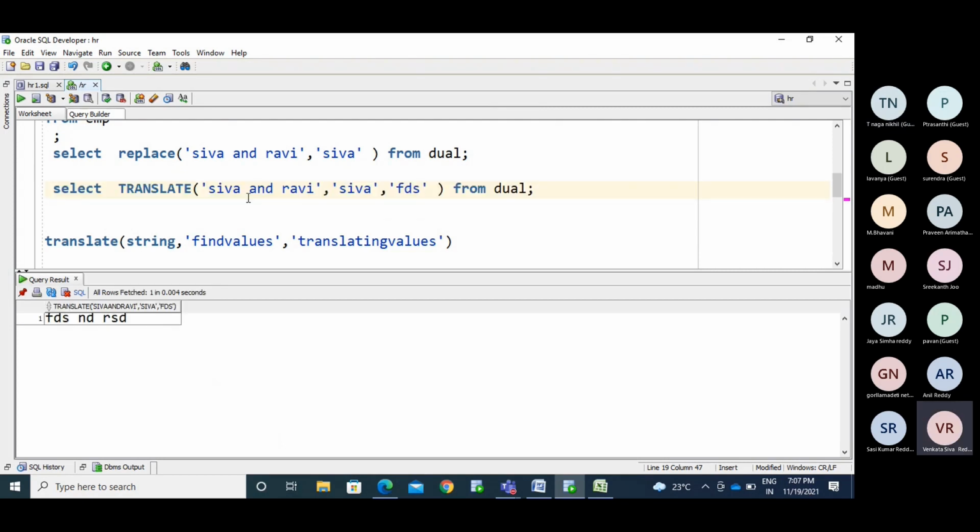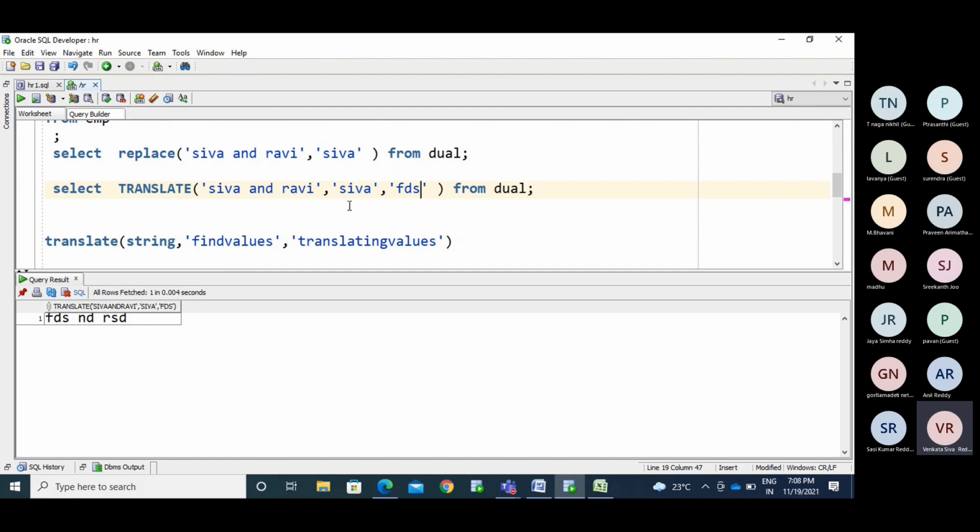Now, see. So I have S here. It displays F, I, V, F, D, S displayed. And A I have here, so I don't have anything for A. So it displayed null for that. What other thing we have: A and D. For A, I don't have anything, it replaced with a null.